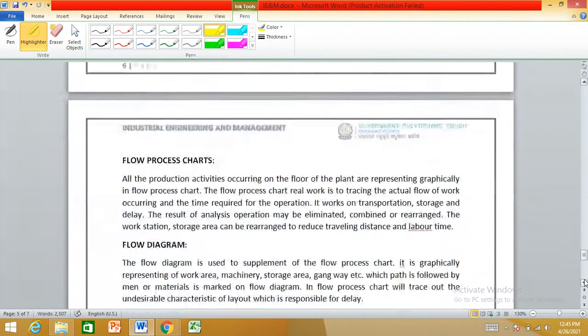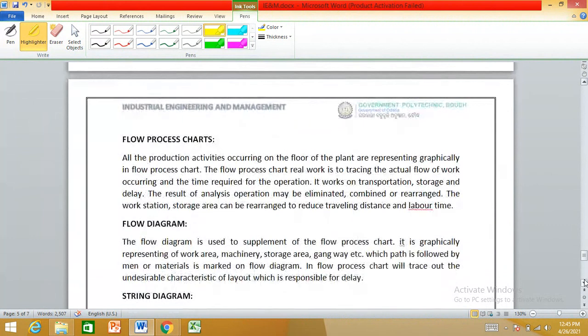What happens in a flow process chart? All production activities occurring on the floor of the plant are represented graphically by the flow process chart. The real work is tracing the actual flow of work.